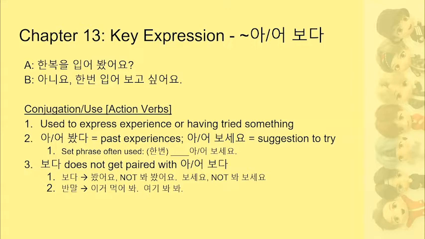So you want to try this experience, which happens to be trying on a piece of clothing. I hope that makes sense. So it's a little bit more nuanced. You could technically say either, but this one, again, is just a little more advanced, a little more nuanced. So this conjugation is used for action verbs. It's used to express experience, or having tried something, or wanting to try something if you combine it with 싶다,